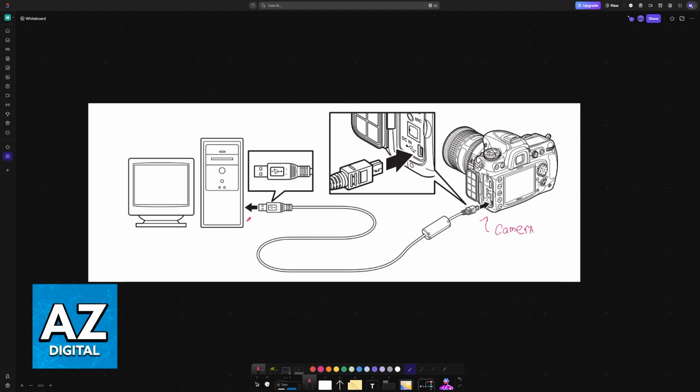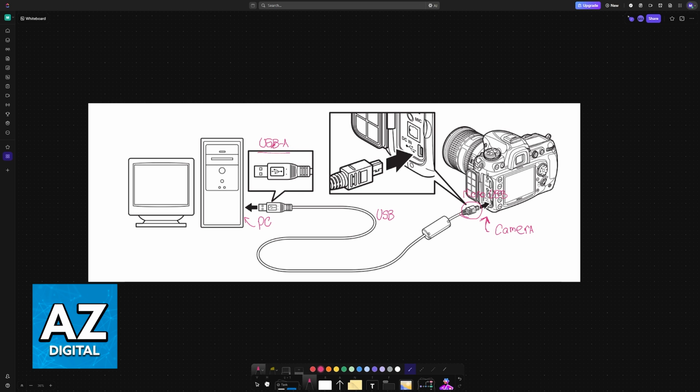The reason why this is so straightforward is because it is going to work regardless of the camera. Usually they will always include a USB cable with your purchase, but even if they don't, you can grab any other USB cable that you have lying around to get this connection done. Usually you will plug it into the camera with the micro USB or USB-C end. So if your camera is modern, you might have a USB-C connection, and then the other end that goes into your PC or laptop is most likely going to be USB-A.